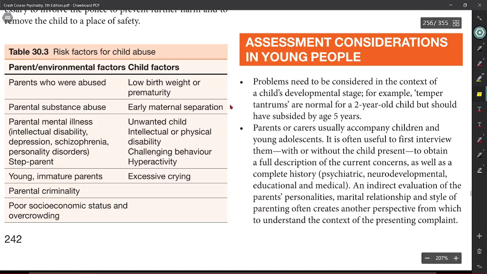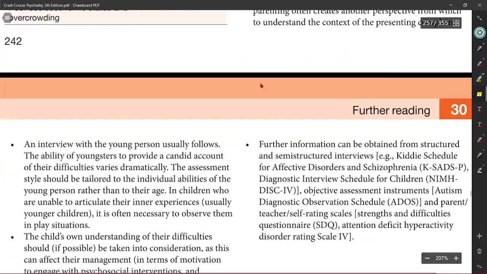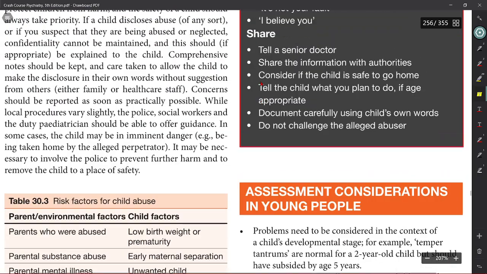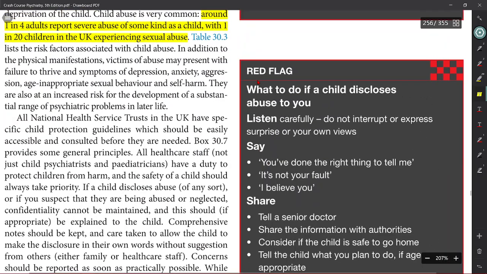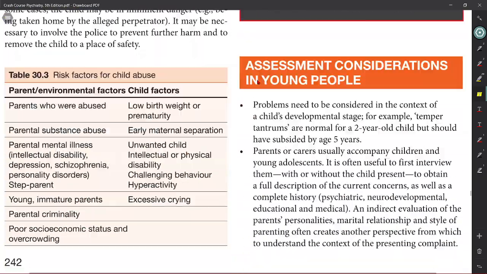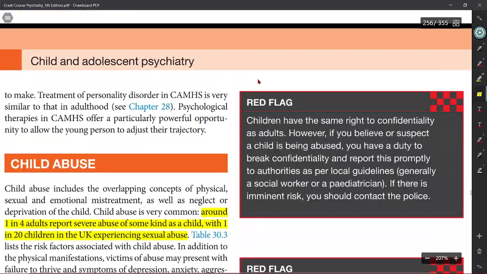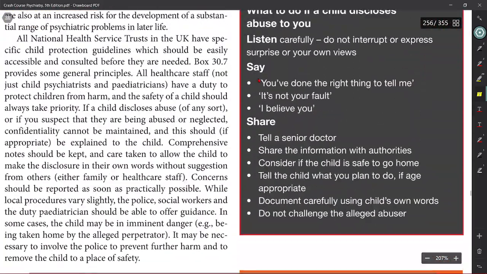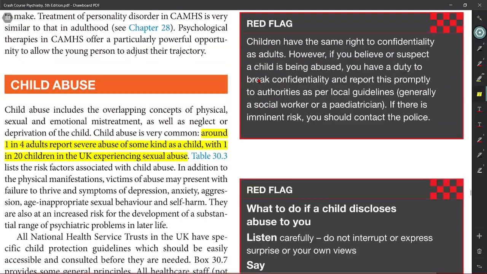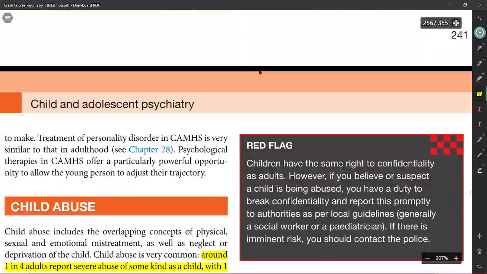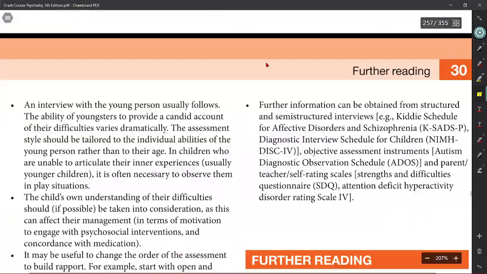Assessment considerations in young people. Where's the table? Okay, I think this is table 30.7. Where is that? I cannot find it. Anyways,